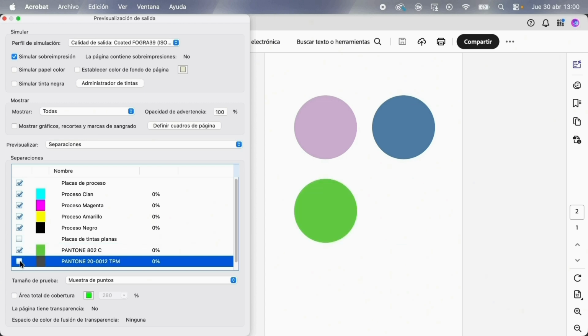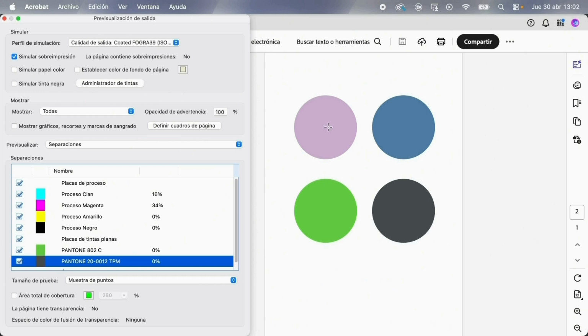Hover your cursor over the elements to see the ink percentage, and then you will check that everything is correct. We can check how the green color has 100% Pantone. The same happens with the metallic Pantone, and when we hover over the CMYK colors, we can check the percentage of the different CMYK tints and zero Pantones. So everything is perfect and ready to send it to the printer.